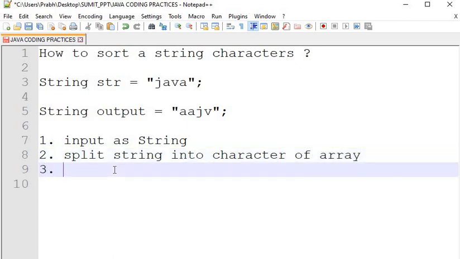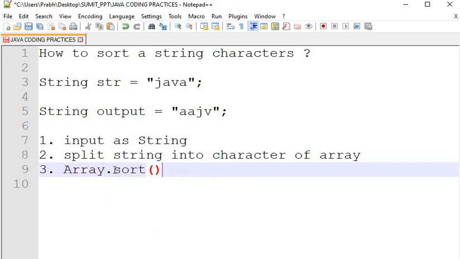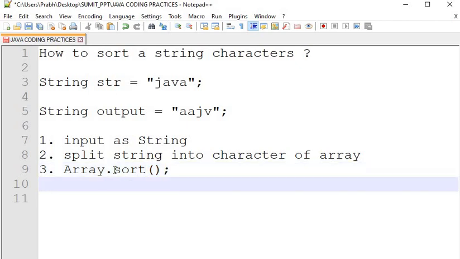And then we will use Arrays.sort function to sort the elements, and in the next step we will combine all these array elements into a string.